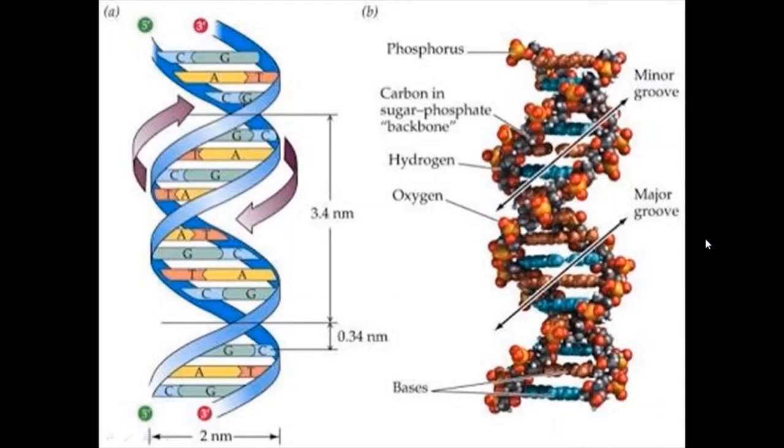A double-stranded DNA molecule has a diameter of 20 angstrom. There are two grooves in the helix called the major groove and the minor groove. It forms one turn of DNA. One full turn of DNA measures 34 angstrom with 10 base pairs. The distance between two successive base pairs is 3.4 angstrom.